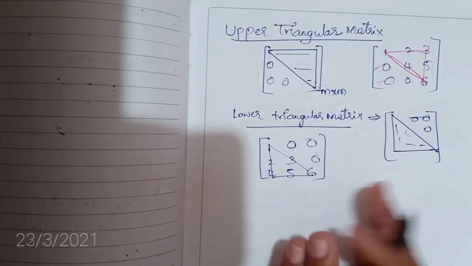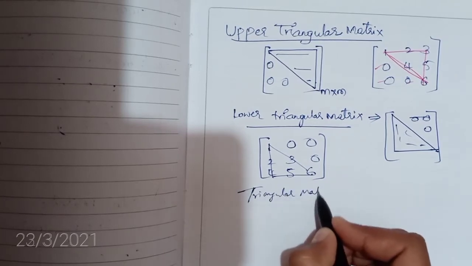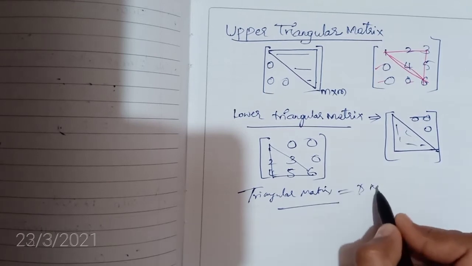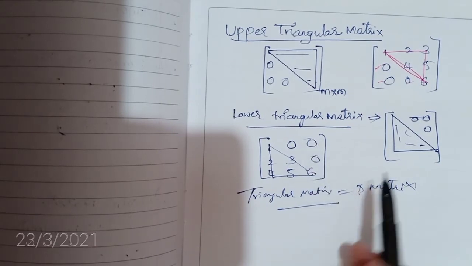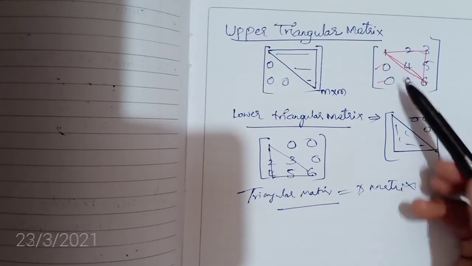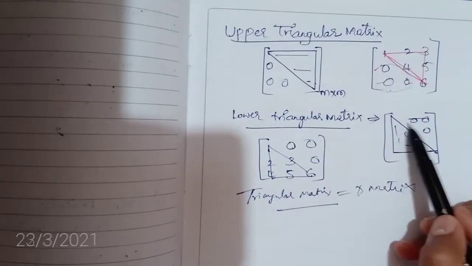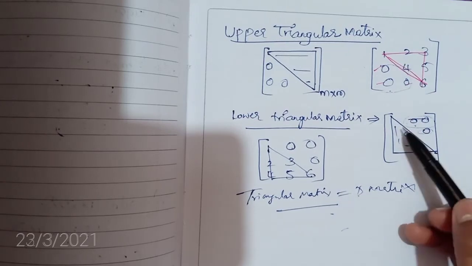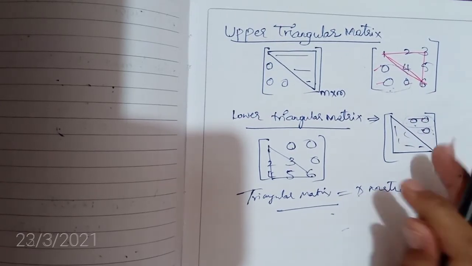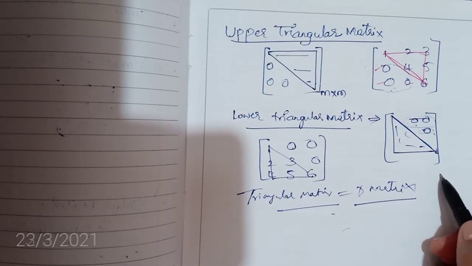And if I take upper triangular and lower triangular combined, then that is known as triangular matrix, which is nothing but again diagonal matrix. Upper triangular and lower triangular when combined together form a diagonal matrix itself, right? Because upper triangular means the elements below the diagonal must be 0, lower triangular means the elements above the diagonal must be 0. And when you take both, the elements below the diagonal and above the diagonal are both 0. Therefore only the diagonal elements are left. That is nothing but our standard definition, diagonal matrix. Okay, so next we have,